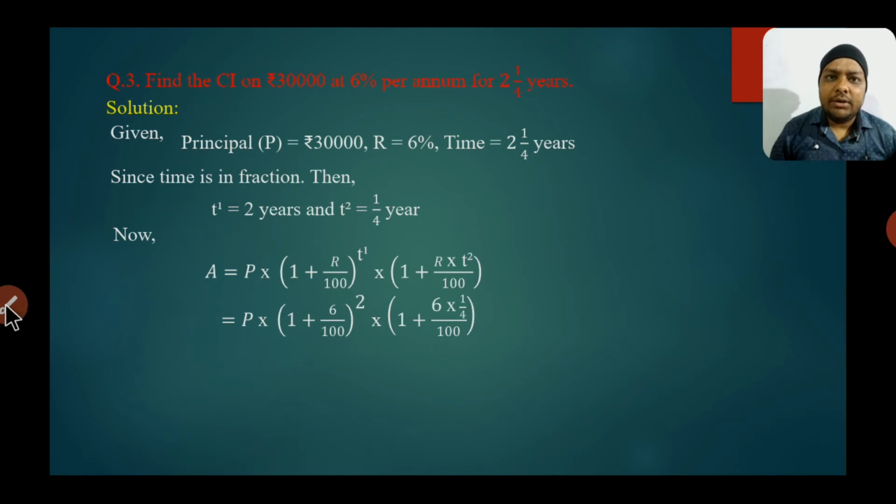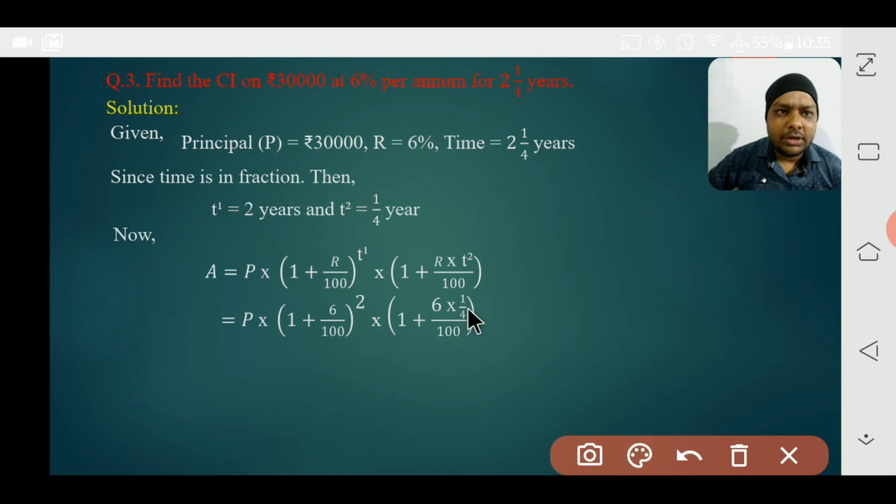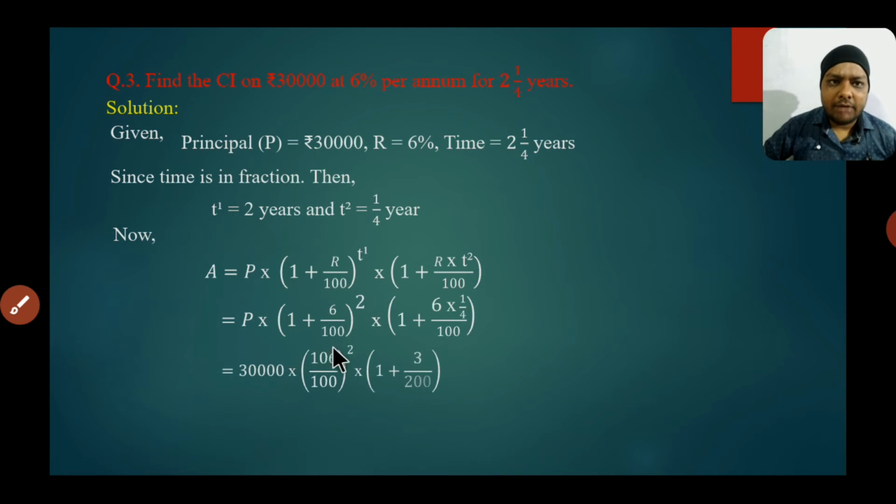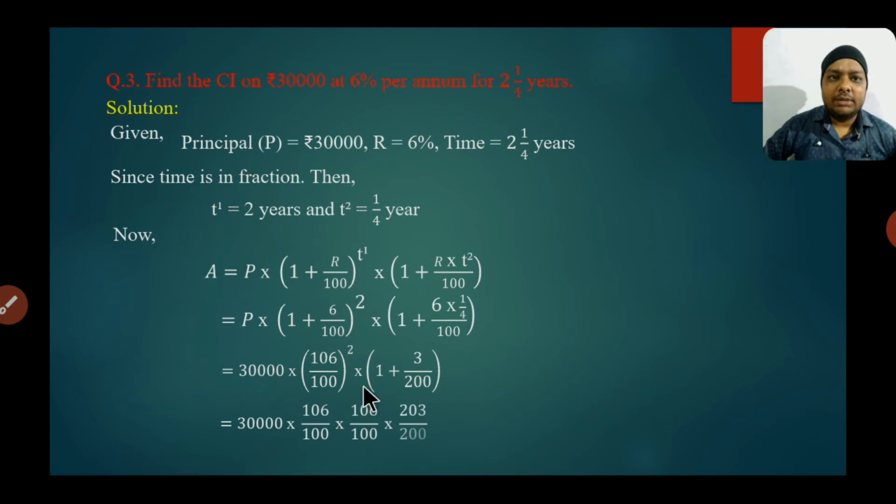Now here you can see, students, that 2 twos are 4 and 2 threes are 6. Now 3 we will keep in the numerator and 2 into 100 will be 200. So after solving it, we will get 1 plus 6 by 100, that is 100 plus 6 by 100, 106 by 100. Now similarly here, 1 plus 3 by 2 into 100, that is 200. Now we will solve it also, then it will be 200 plus 3, 203 by 200. Okay. And we will write 106 by 100 two times because it has the power 2.